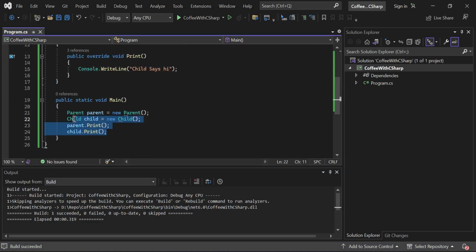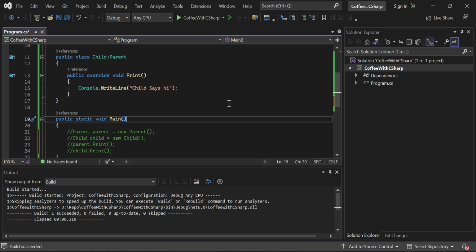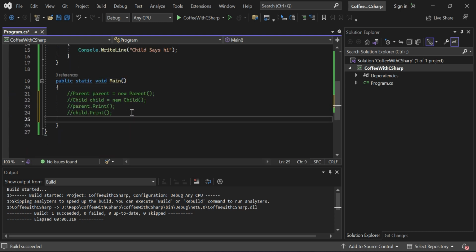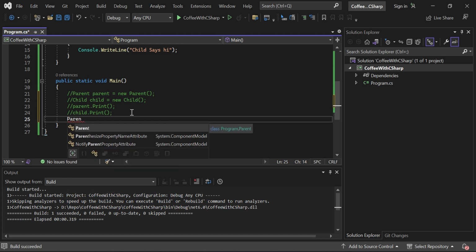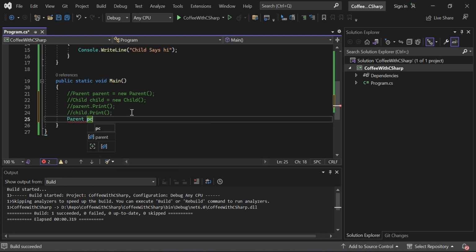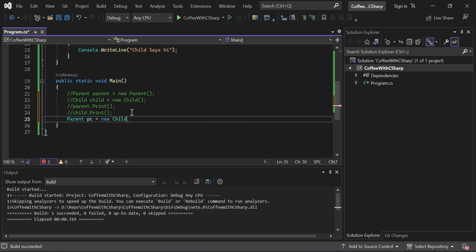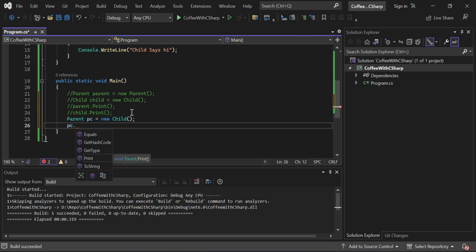I want to show you one more thing here. There's a concept of method hiding. A question generally asked is, what is the difference between method overriding and hiding? First I will show you what happens in this case. We know from the previous video that we can have a reference of parent type and an object of child type. Now if I do pc.print,